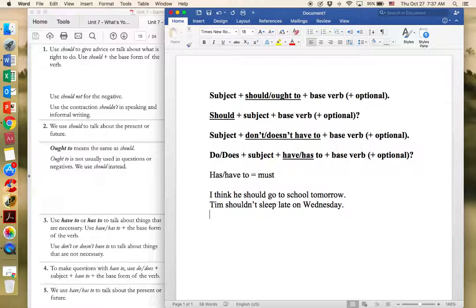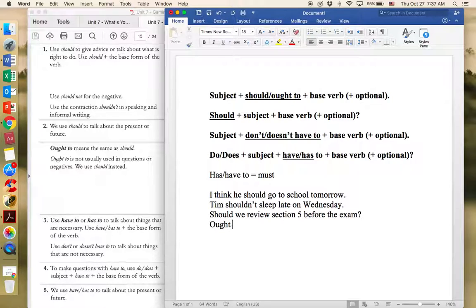Okay, making a question. Should we review section 5 before the exam? Question mark. All right, so we have our should, that's our modal. Here's our subject, we, probably a class, review, base verb, and then here's our optional part. Right, and we can eliminate that and it's still a complete sentence. Should we review? And then to be more specific, should we review section 5 before the exam?